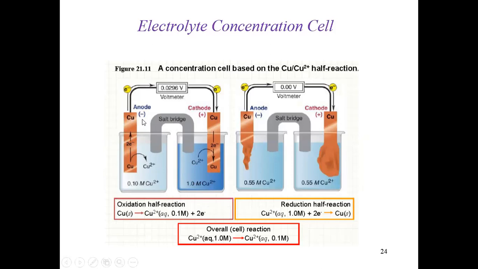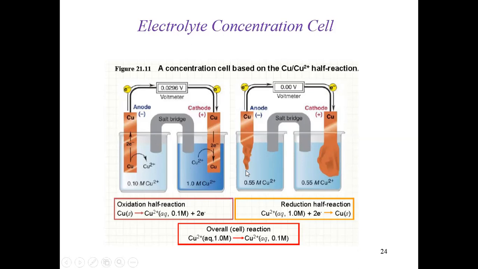And ultimately what will happen, dilution will take place from higher to lower. So here reduction will occur, here oxidation. So in the reduced part, more of the copper will deposit here. So in the right hand side figure, you see that copper is being deposited with time, and this will act as an anode. So copper is lost from here, and this reaction will continue to take place till both of these